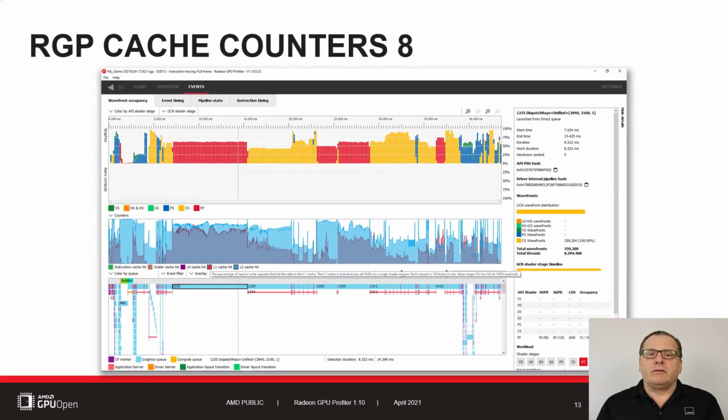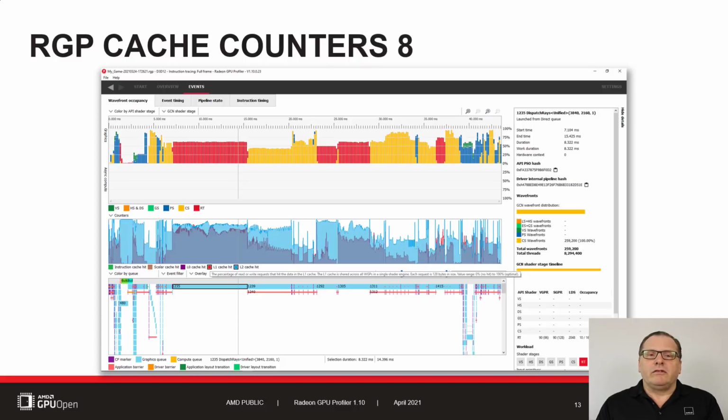With the addition of cache counter data, it is possible to answer key performance questions that were not previously possible with RGP. For example, one cause for high wavefront occupancy accompanied by low performance is when wavefronts are competing for memory access. This scenario can result in cache thrashing, and we would expect to see lower cache hit values being displayed. Conversely, low-performing regions of high wavefront occupancy, where cache hit rates are high, might point to other issues such as serial dependencies within the shader.